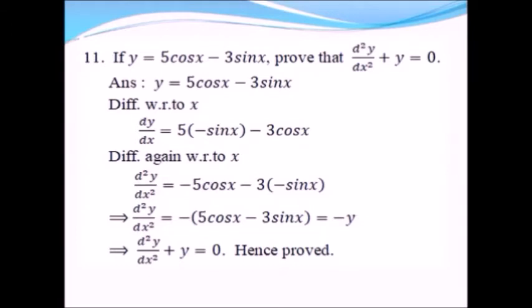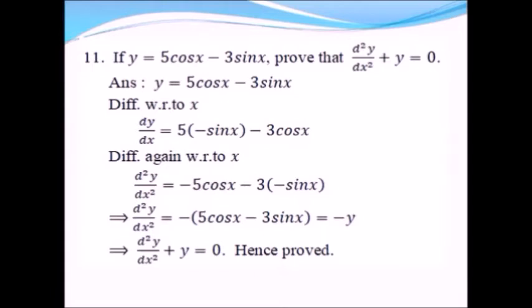Now there are two methods. One is from the solution. From the solution, the function is given, and from that you have to get the equation. Another one is you have to find the dy by dx value and the d square y by dx square value, substitute them in the left hand side of the equation, and you have to get the right hand side. That is, you have to substitute y and d square y by dx square value and prove that it is equal to 0. Okay, I am going for the first method.